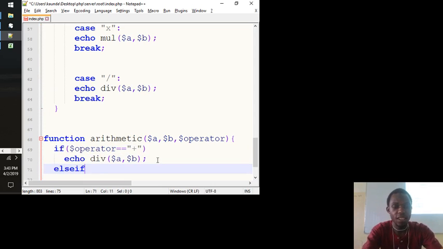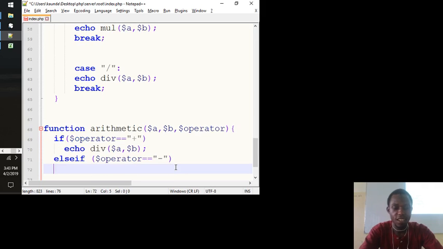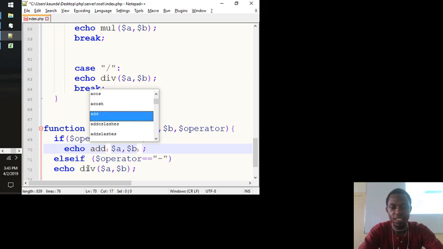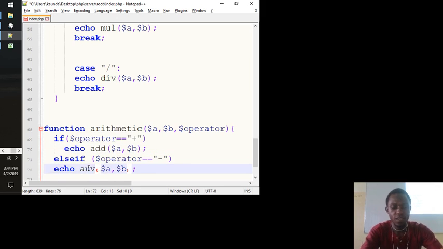And then else if this operator is minus, and then you echo this. The first one is divide, add. This is subtract,